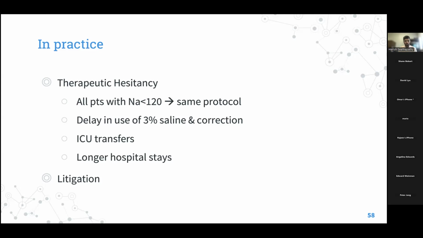This is also important for monitoring because it's very hard to monitor patients Q3 or Q4 outside the ICUs. And of course, we suspected that this may have led to long hospital stays. We don't know that for sure until the new studies came out, but that was one of the suspicions. And as I said before, litigation is a big part. Millions and millions of dollars have been paid out in one way or the other because of correction rates and the impact that they've had on specific patients.